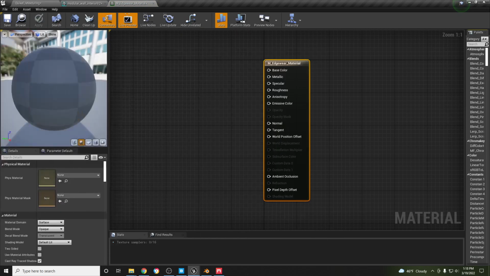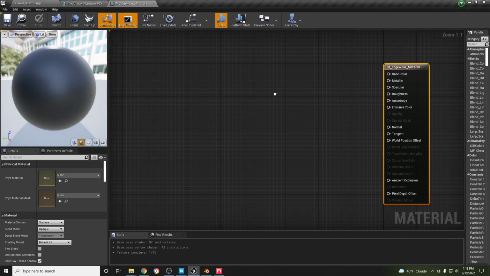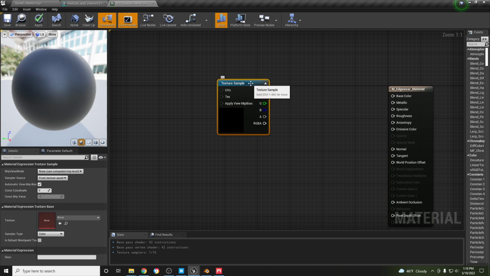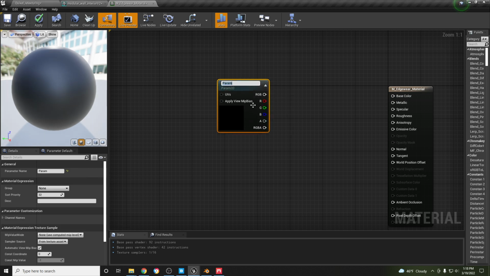That should work. Okay, so this material is going to be pretty simple. I'm not going to get too far into it, but basically what we're going to have is two sets of textures. I'm going to hold down T and click and convert this to a parameter,